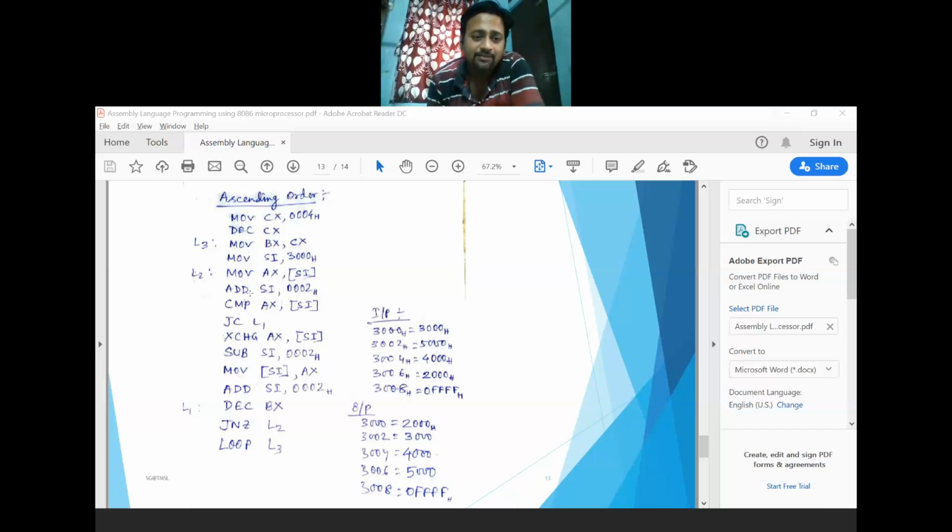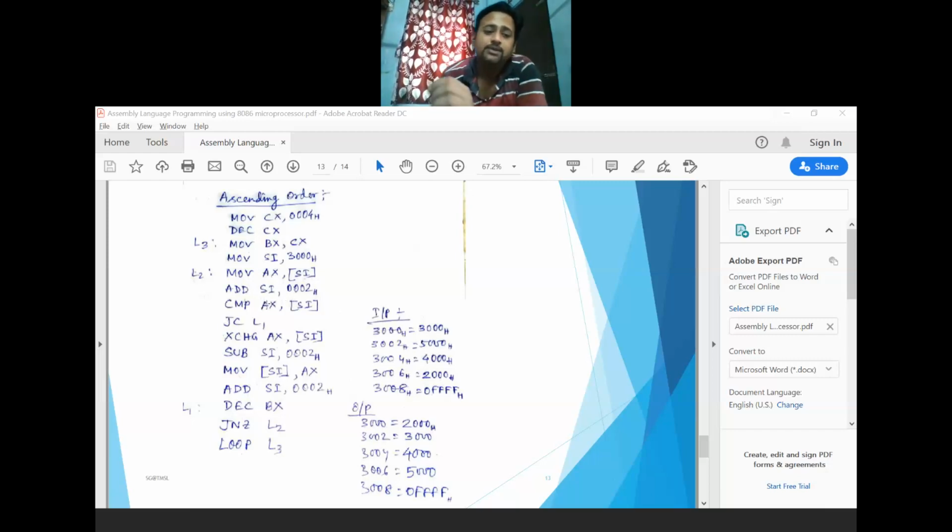So directly I have given ADD SI, 0002, so that the compare instruction is executed as CMP AX, [SI]. So the first number is moved into the AX register, and the second number is directly compared with the AX content. The memory location content is directly compared with the AX content.